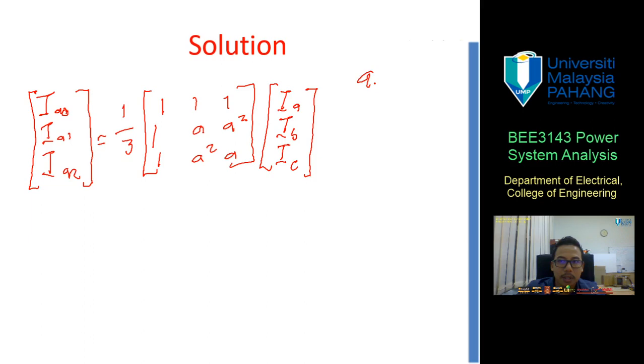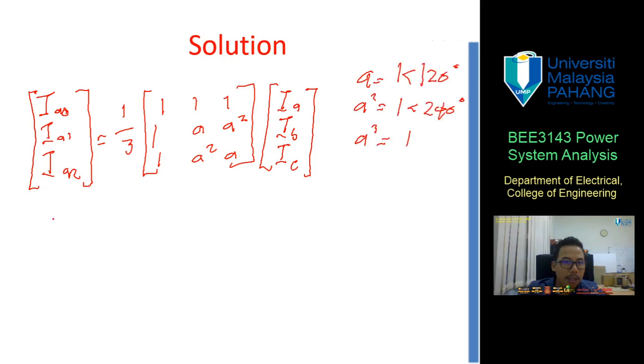So basically if we want to find IA0, the zero sequence for phase A, just multiply it: IA plus IB plus IC, over 3. For IA1, which is the positive sequence for phase A,